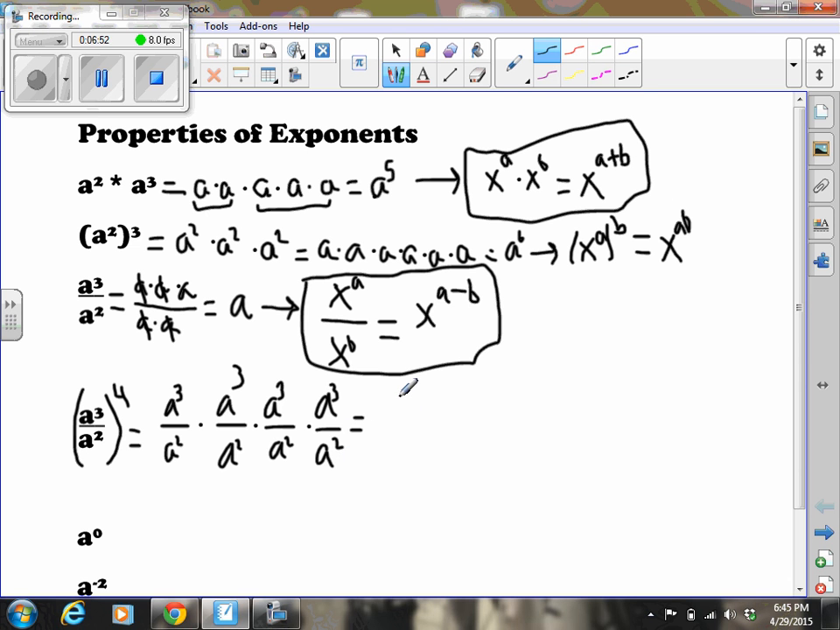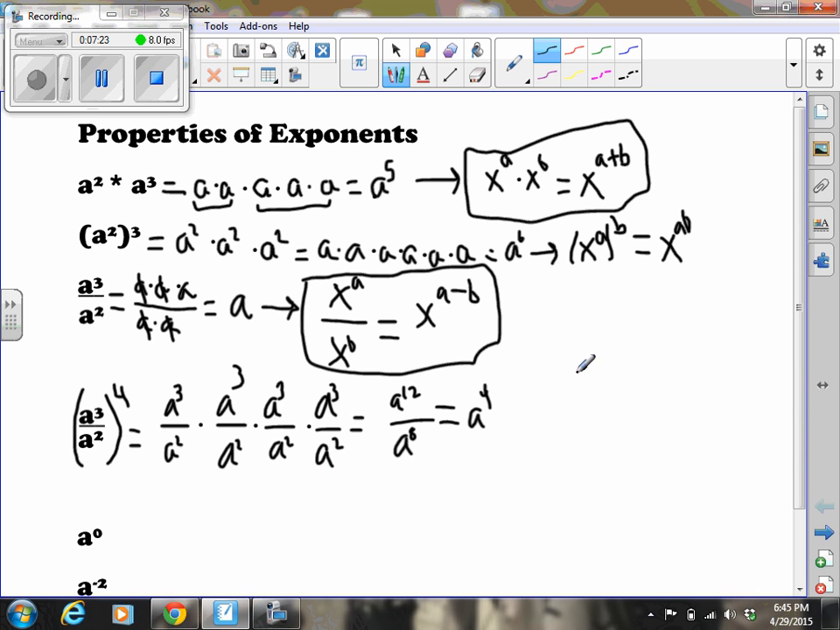So if I ended up with 12 a's on the top, this is just too big of a number for me to write out, so I'm going to attempt to apply my shortcut here, thinking about what these exponents mean. I have a to the 12th over a to the 8th. Using that shortcut, I can subtract 12 minus 8 to give me a to the 4th power. So that problem kind of involves two of our